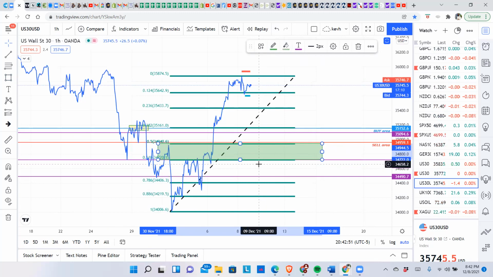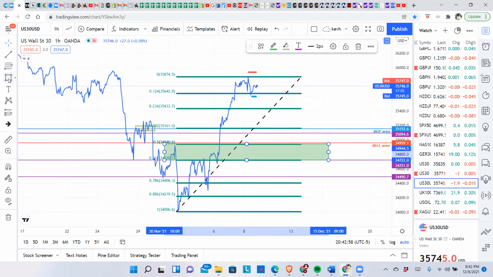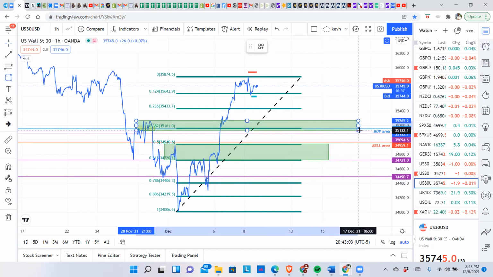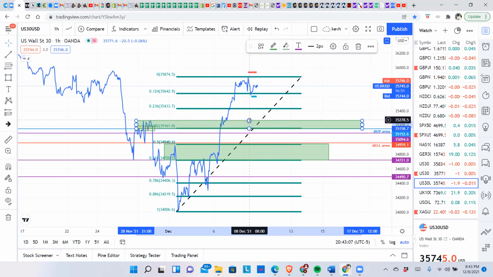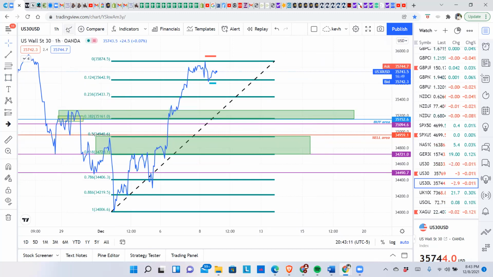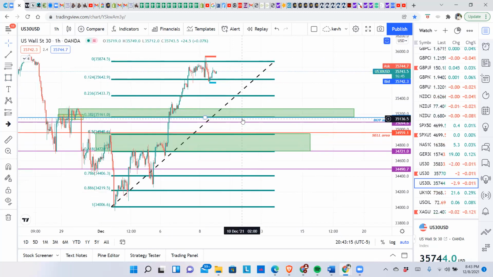So we have that zone right there. And we also had this zone here at the 38.2 area. I'm going to mark it up. I know the market is going to be reacting in this place. Probably see a reaction here,